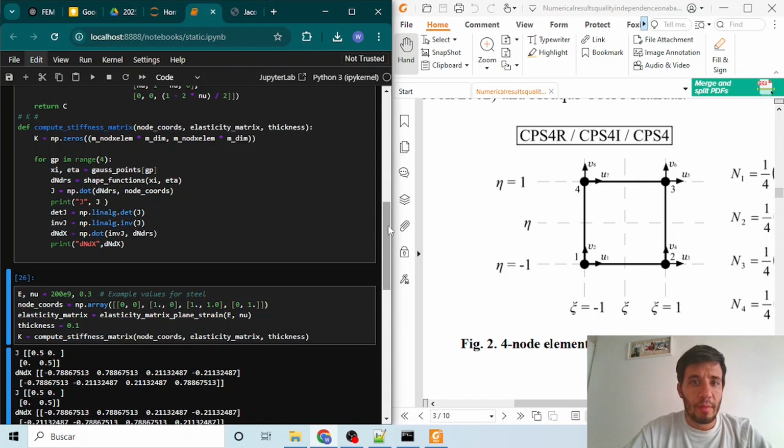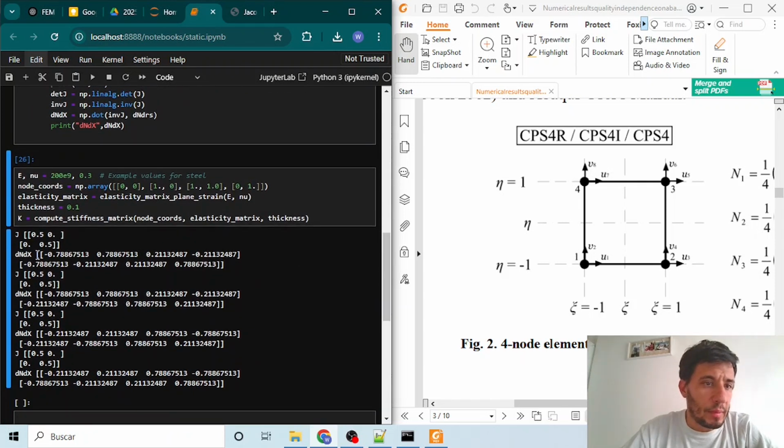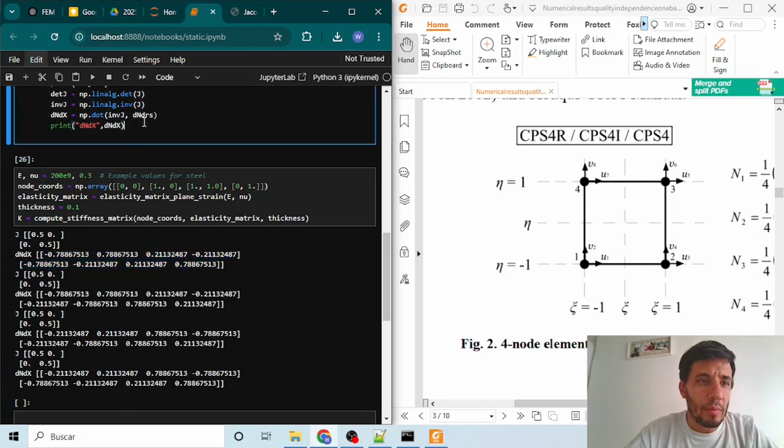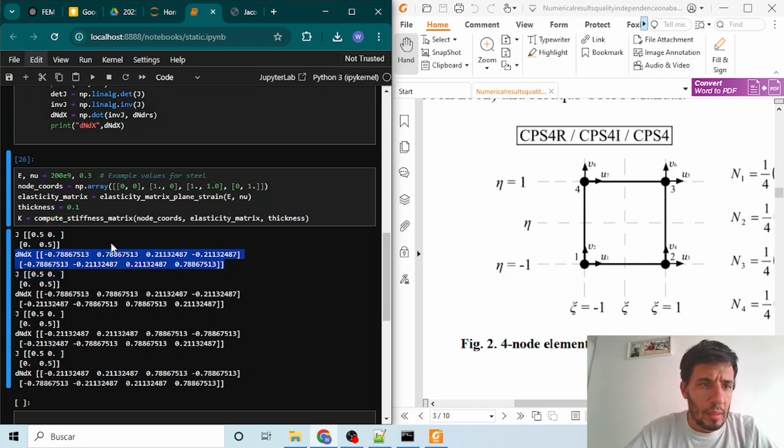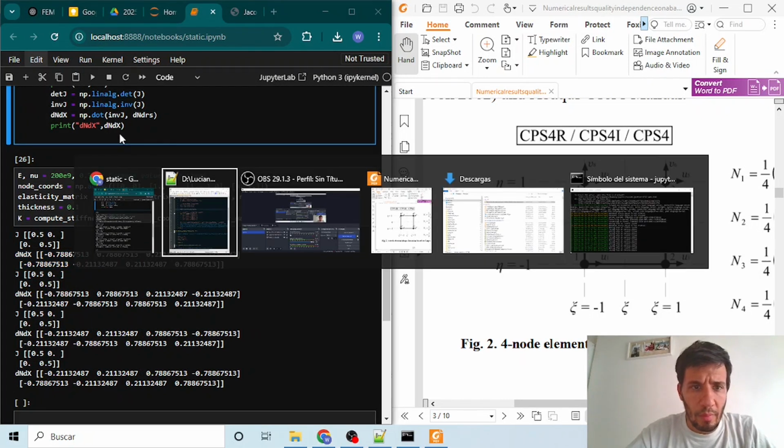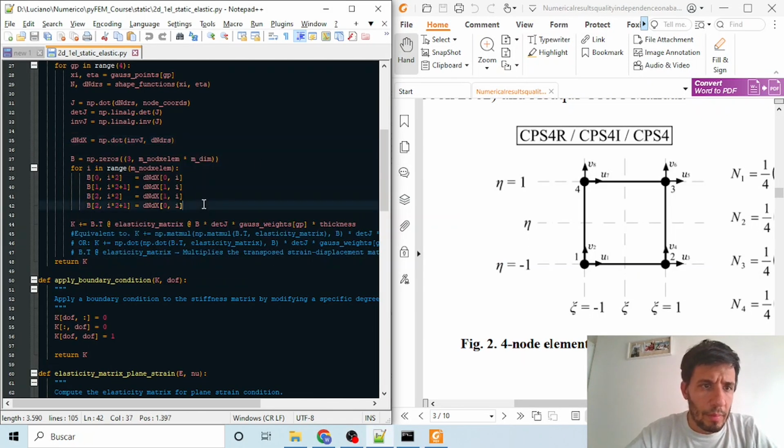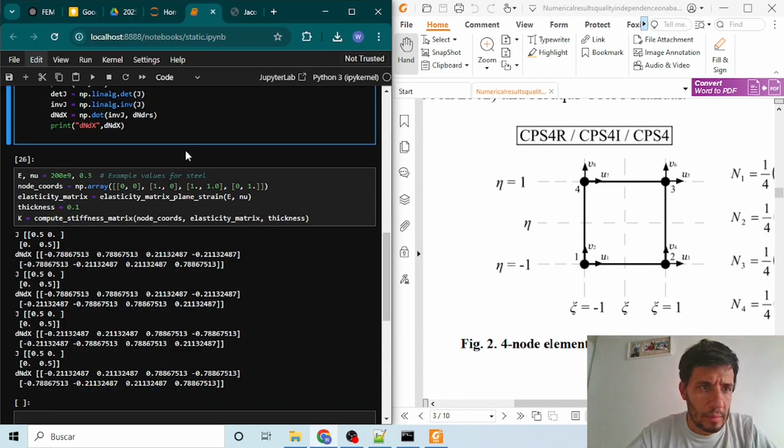This is our derivative of the global function with respect to the global coordinates. So the next thing we want to do is to make an arrangement of these functions to multiply themselves and obtain our derivative matrix.